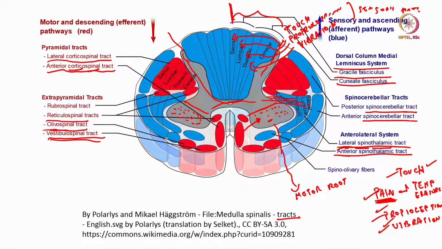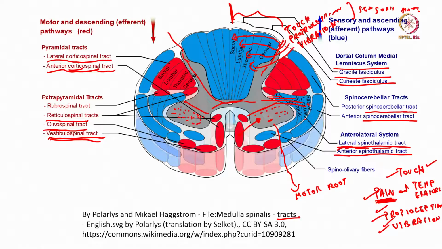Reticulospinal is important because the reticular formation is the formation traditionally associated with consciousness. That is a network extending across the central part of the brainstem. We have discussed the midbrain, pons and medulla. The central part of the brainstem contains these fibers, and these fibers are responsible for maintaining what we understand as consciousness. So, there are outputs from the reticulospinal tract into various parts of the body through the spinal cord. They may serve as modulators, they tune activation and decay, delay and so many other things which I would not know. So, to summarize, the spinal cord is